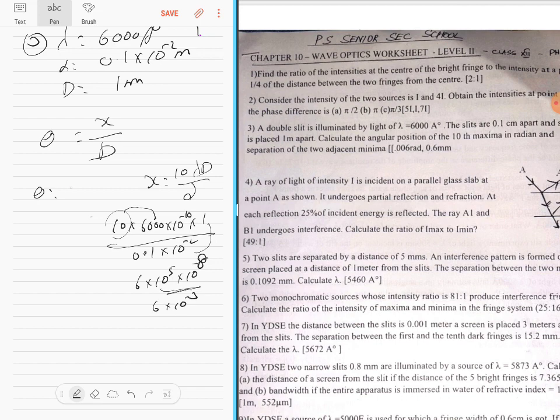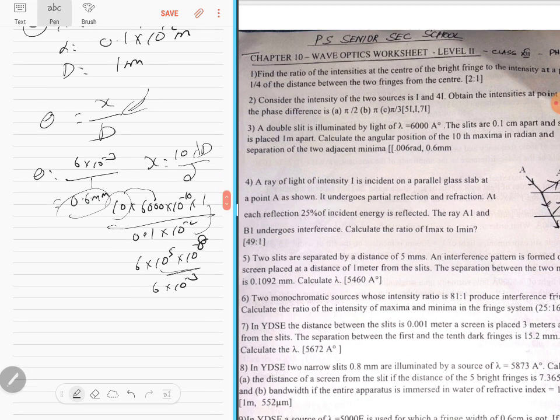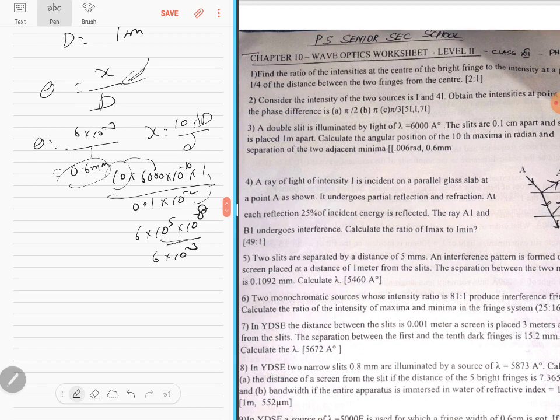So that has to be substituted here. By the capital D is 1. So the answer is 0.6 millimeter. We got the answer. So memorizing this formula is very, very important. Whenever it is angular, you can only use this formula in interference, and you can use that formula which is